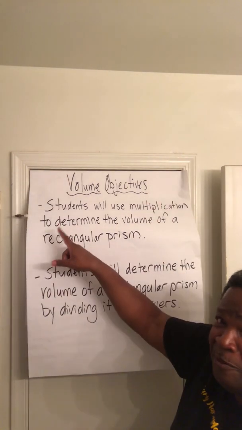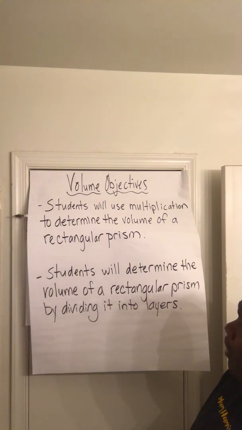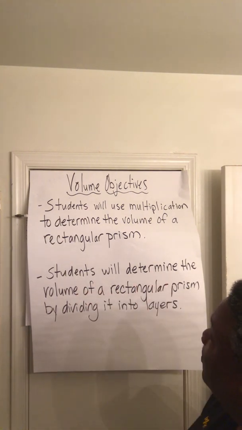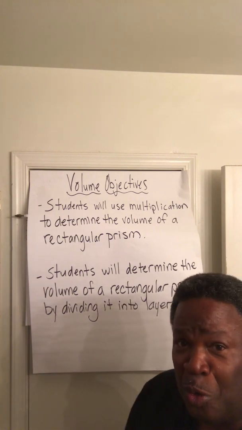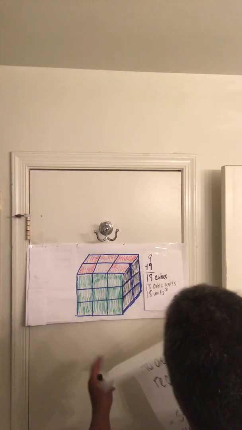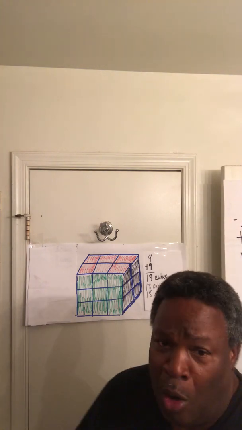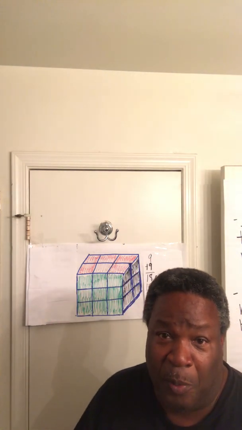The first objective is students will use multiplication to determine the volume of a rectangular prism. And the second objective is students will determine the volume of a rectangular prism by dividing it into layers. So we have a lot to cover today, so we're going to go ahead and dive into the very first objective. Well, in order to use multiplication to determine the volume of a rectangular prism, what I'm going to do